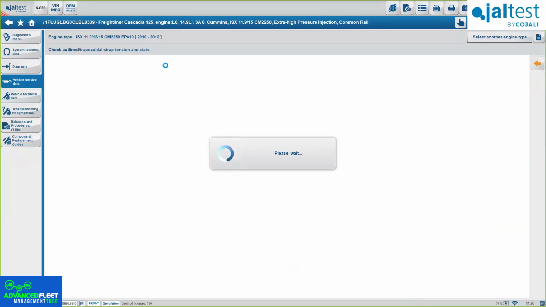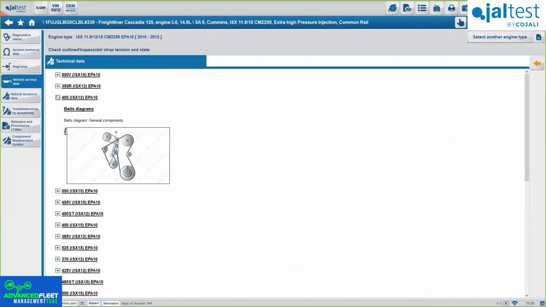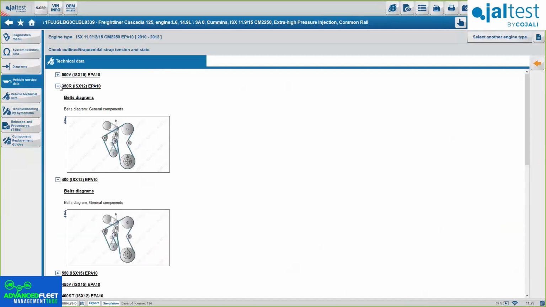All this information we've got from technicians, from our own engineers developing it, as well as some information from the OEM. So we get the most complete options. You will see here the most complete information on the market right now. And then again, for those of you who have the info online, every icon that has the internet icon here, you will have all these options available as well. Okay. Vehicle technical data.